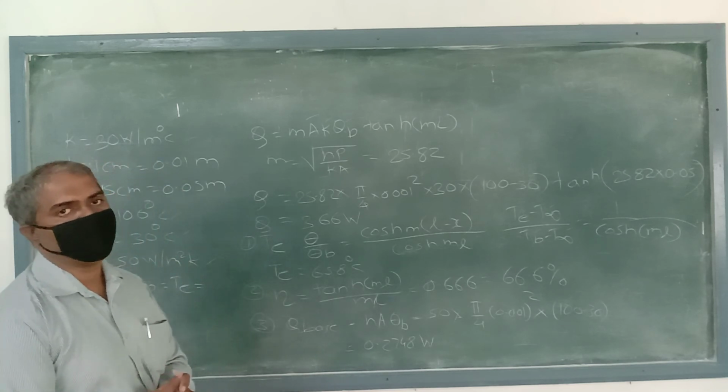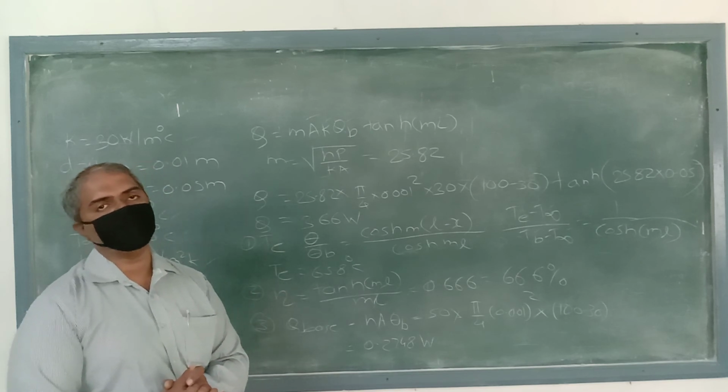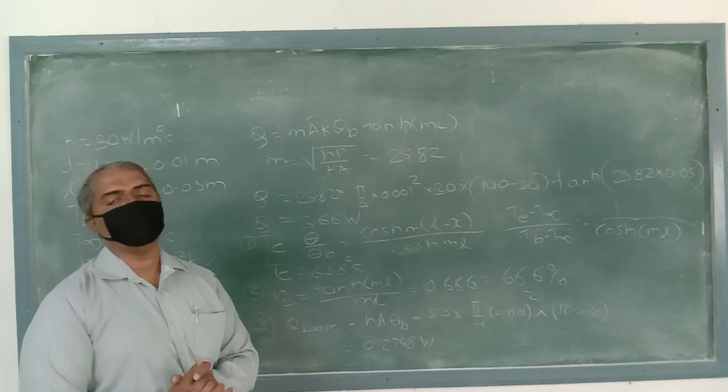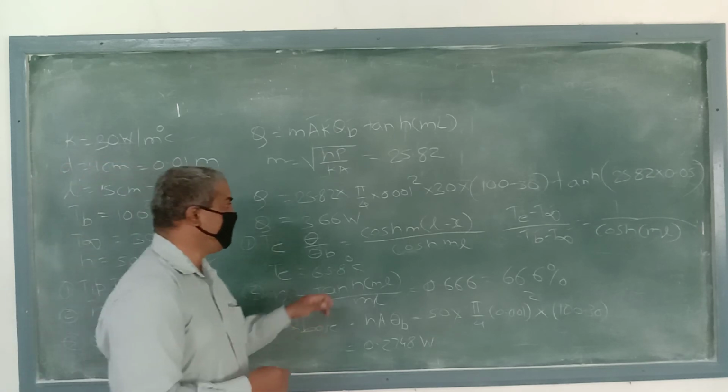Next, first we have to calculate the temperature of the fin at the tip, and we know the temperature distribution formula: theta upon theta b equals cos hyperbolic of m into (L minus x) upon cos hyperbolic of ml. So in this